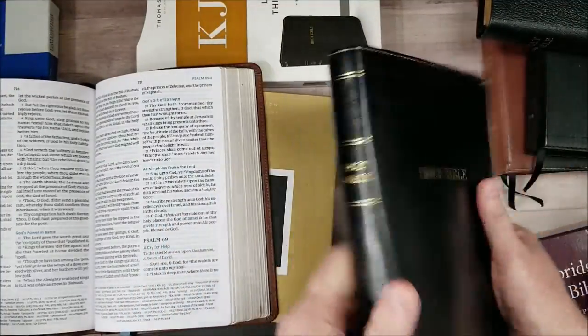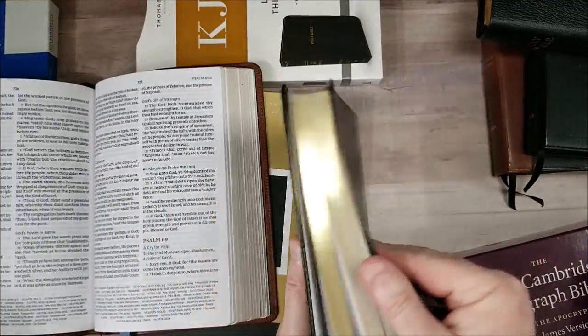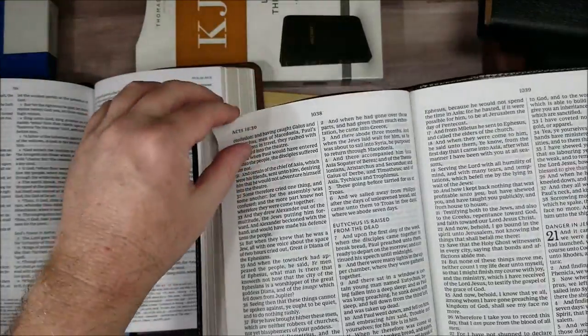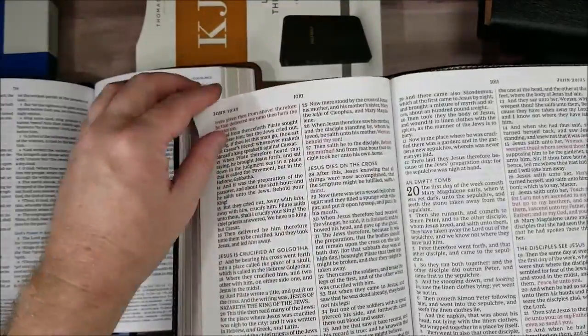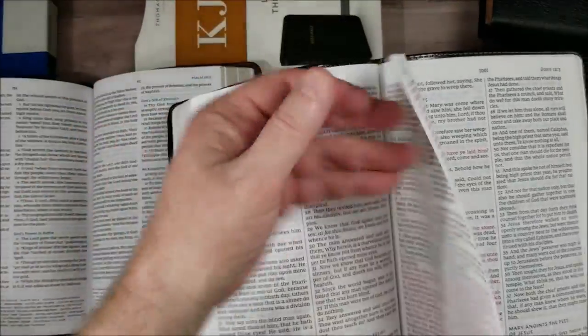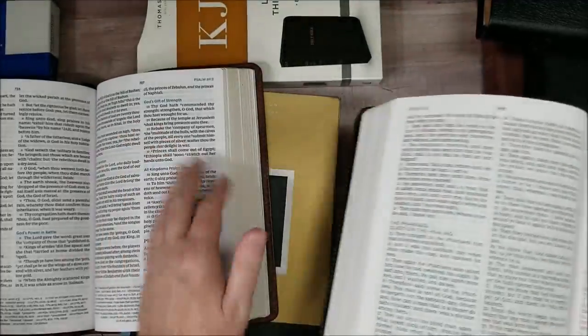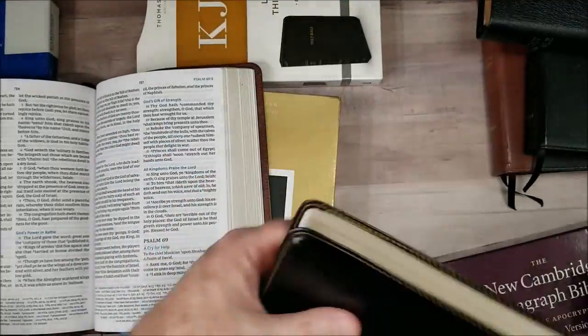But I would take that one on any trip. I would not have a problem with that one. This one's red letter also. I promise you it's red letter. There you go. Little bit of red letter. There's some more red. It's not quite as dark as that, but that's not always a bad thing, as long